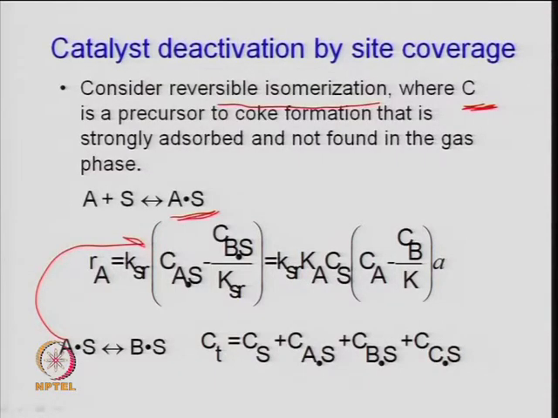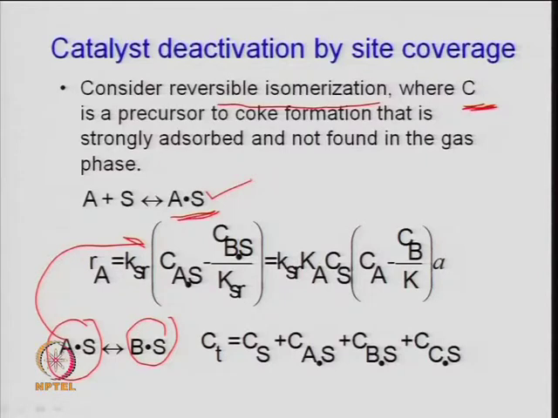So, that is rate controlling, where AS gives you a BS, a product species. So, rate will be proportional to K1 times the concentration of this precursor minus K2 times the concentration of this precursor, and K1 and K2 have been taken out. So, that will become a rate constant KSR, that is a surface reaction as the rate controlling step. So, you will have CAS, that is the concentration of the adsorbed species, minus the concentration of adsorbed species B divided by the equilibrium constant for the surface reaction rate constant. So, this part we have already discussed when we were discussing the Langmuir type of mechanism. So, one can very easily look at that.